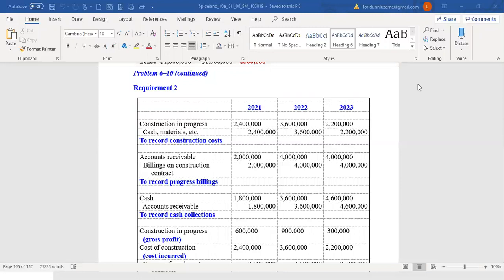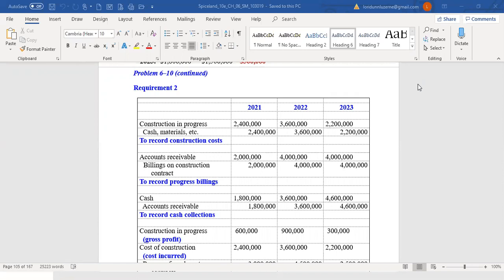So in 2021, we billed the county $2 million. They sent us $1.8 million as cash. In year 2, they sent us $3.6 million of the $4 million we billed. And then in the remaining $4 million that was billed in 2023, they sent us the remaining cash they owed us of $4.6 million. So we debit construction in progress for actual costs and credit, it could be cash you're paying,